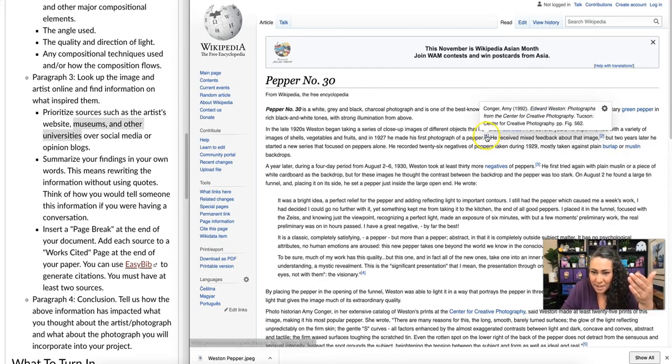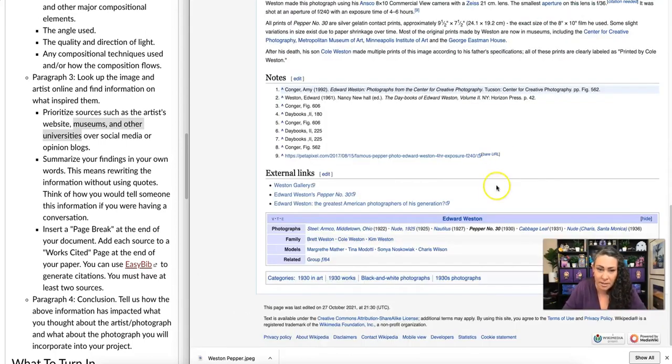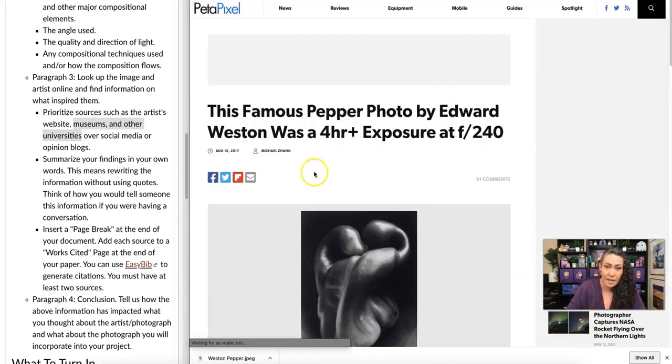It looks like this one is from probably an exhibition, Edward Weston Photographs from the Center for Creative Photography, Tucson. Okay, so this looks like it was probably written from an exhibition that they had of his work. Maybe it was the curator's writing on it. So what you can do is you can click on here, and it'll take you down to where it is. Now, this doesn't have any specific websites attached to it, so we can't go straight to the source. But down here, it looks like there was something that was online from petapixel.com. So we can click here, and